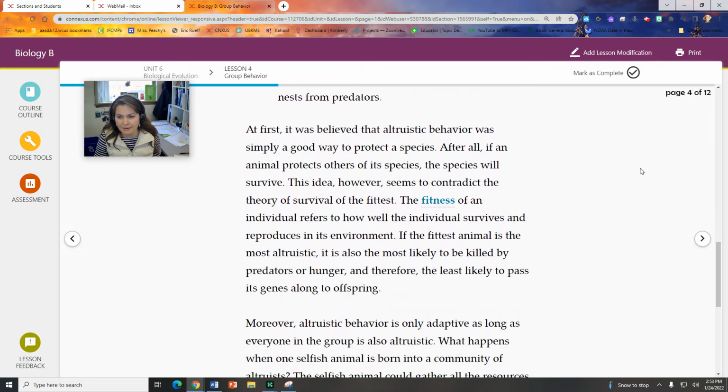So there's a lot of talk about how we would explain this essentially using Darwin's theory of evolution by means of natural selection. Like I said, it seems to kind of go against it because it's not really survival of the fittest at that point, right? Because some of these organisms, the bat that didn't get the food, isn't the fittest. And yet the group is trying to get that individual to survive.